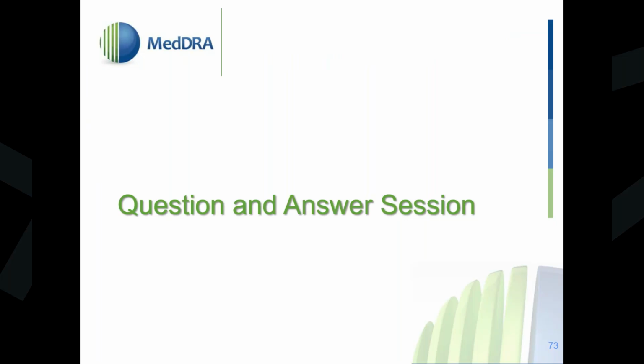Any other questions? Wonderful. Our next question asks, during data entry and case processing, based on the case information or the source article for literature cases, the appropriate PT is selected. Should the PT linked to the primary SOC always be selected, or should the choice depend on the case information as a best practice? Okay, so